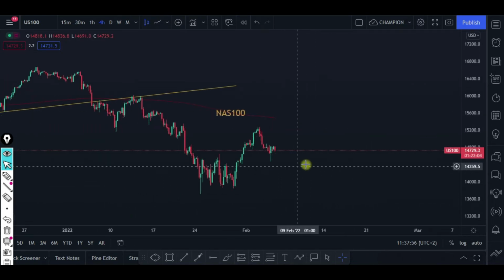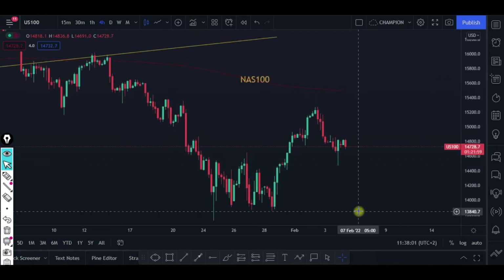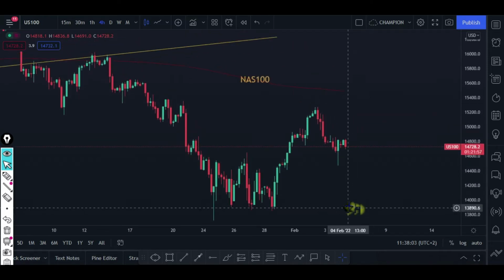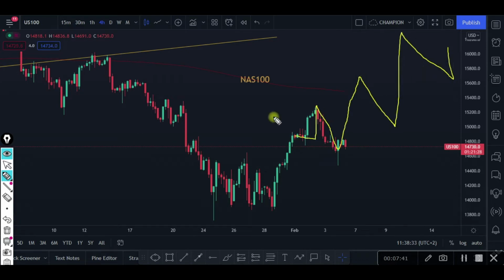Ladies and gentlemen, I hope you are able to see that since this week, from Monday, the price was bullish, but we know how the price moves. We won't see the market move in a straight candlestick run to reach the top. We will always have these types of moves where the price will be making higher highs and higher lows. That's how the price moves.